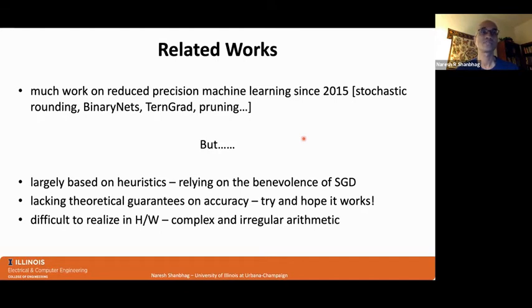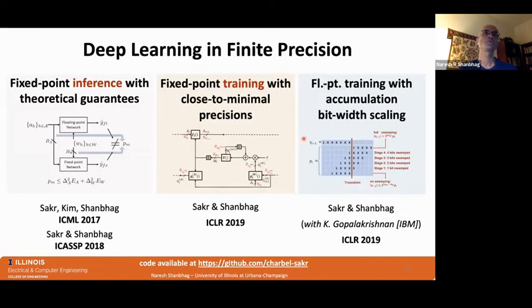And SGD is this grand old grandfather algorithm, which is highly accommodating, kind, and gentle to all sorts of miscues and missteps made by designers, because you just do this global optimization and then try all sorts of learning rates and momentum and so on and so forth, and you get something that works. But there are no guarantees that it's going to work all the time, all right? So this is the state of the art as we look at it. And in this worldview, we are coming in and saying, look, let's talk about precision requirements with guarantees.